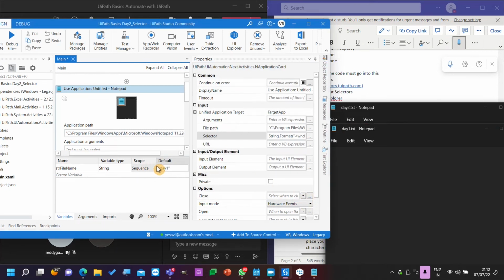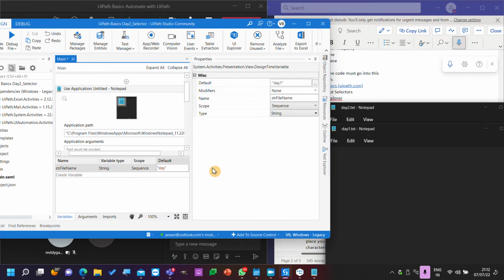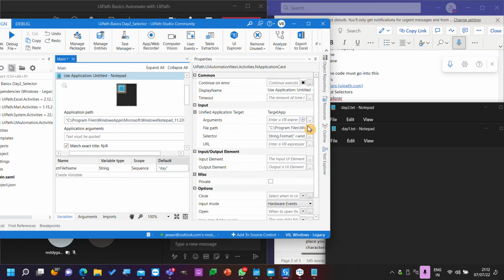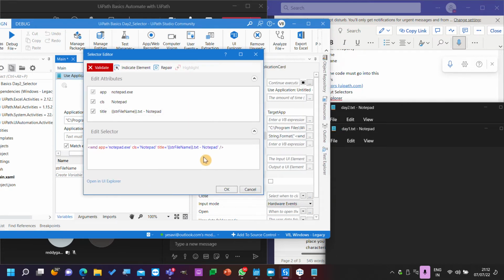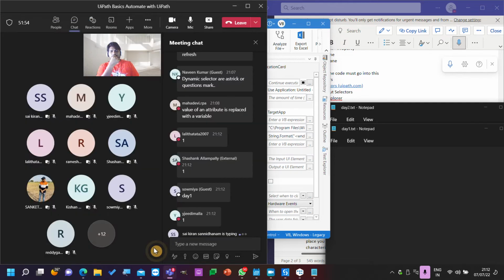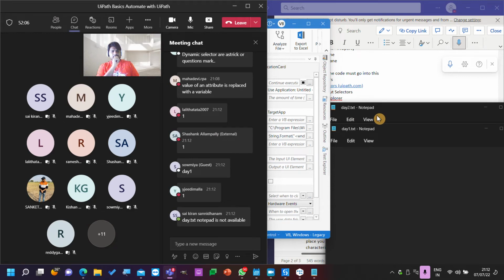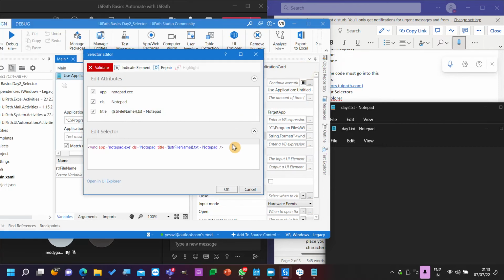Now what if I remove this one and if I select it? Will this work? Why is it not working? I have removed the 1 from the variable. It is still having day, txt, everything. Yes, because we don't have any notepad with title day.txt, so it's matching the exact value that it needs to